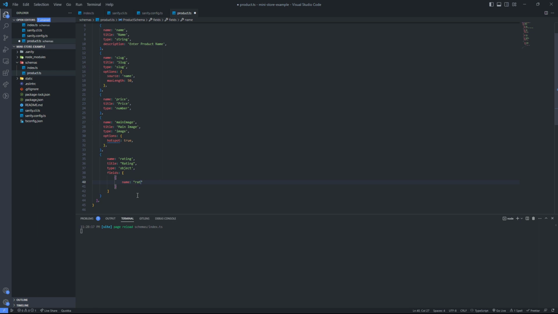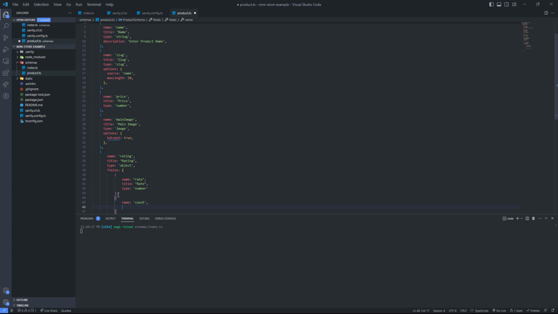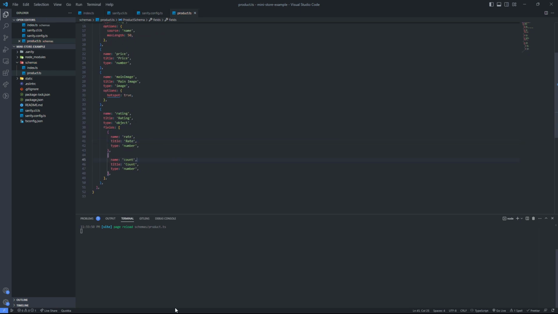So the name is going to be rate, the title is going to be rate, and the type is going to be a number. The next one is going to be the count, right? So name, count, the title is going to be count, and then we have the type. The count is also going to be a number, basically. So if I save this and show you how it looks in Sanity Studio,